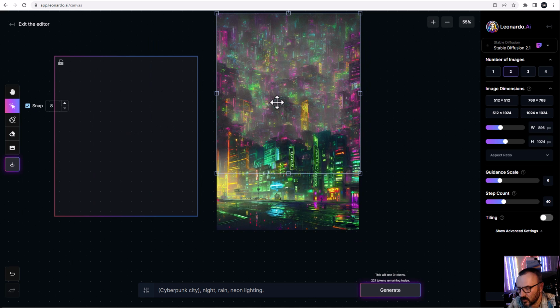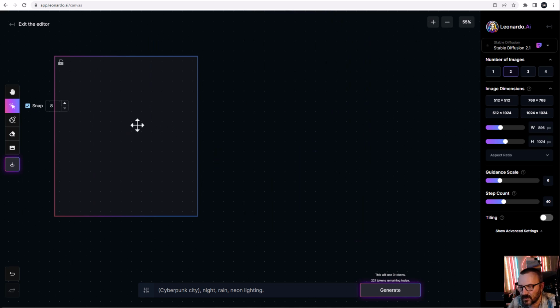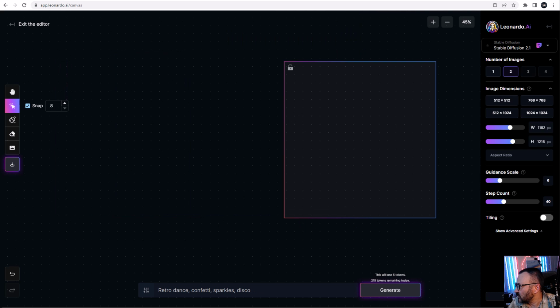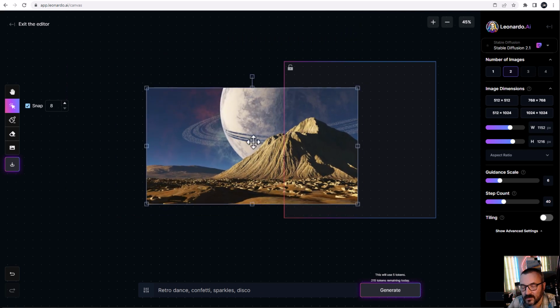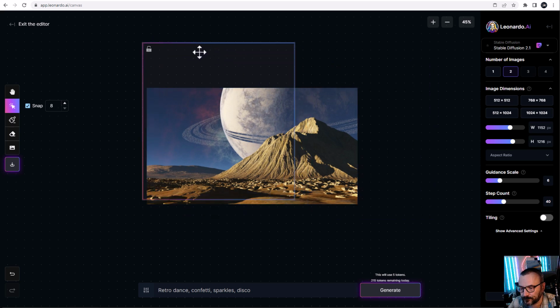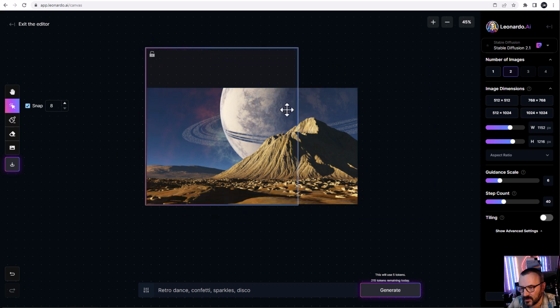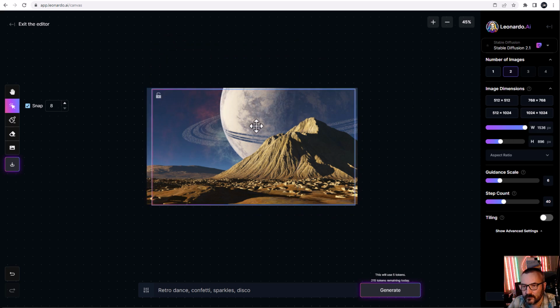We'll move this away, delete the elements we created. So for example, as a concept artist, sometimes you may have the image you want to work with. So we can go and select this area. Let's reposition on middle. And for example, I want to build a retro rocket. As an environmental concept artist, this is a great tool because you don't need to go around and try to find something. So all we need to do, we'll just say, okay, right here,